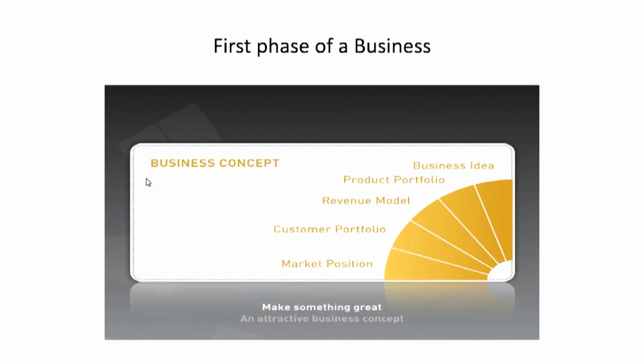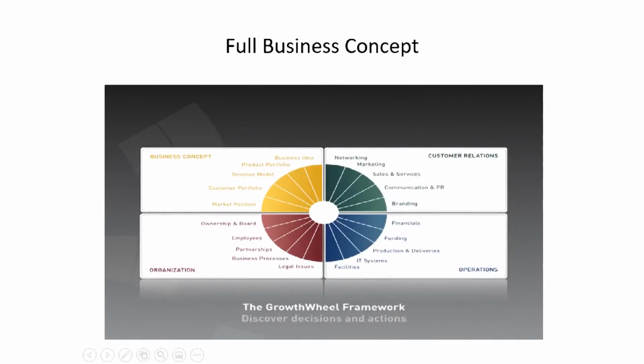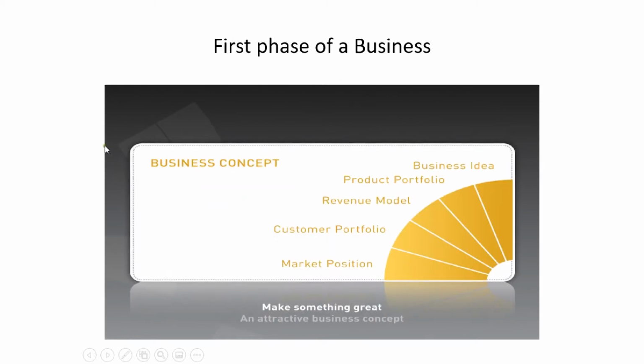So now we are going to recap what we have done for part 1. Yesterday we focused on the growth wheel, where we looked at the business in 360. This is the whole framework of the growth wheel, but yesterday I decided to break it down and make sure that you are on track, where I covered the business concept, because before you have a business, this is where everything starts, under the business concept.